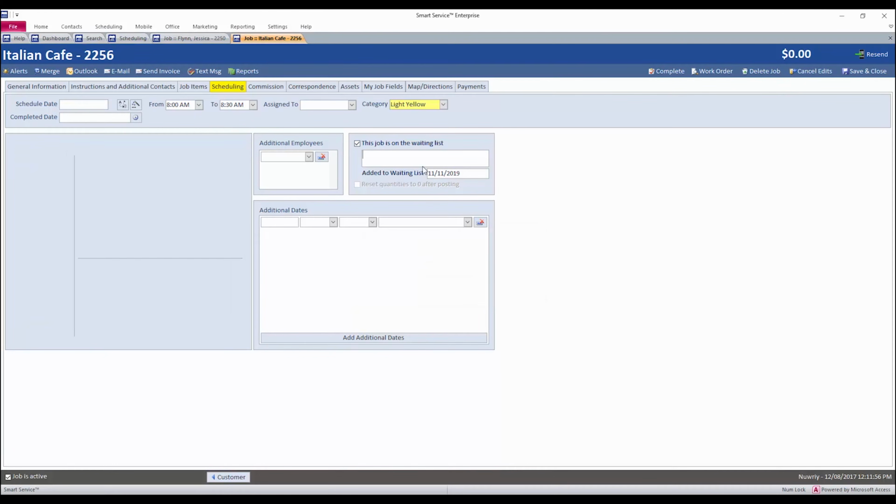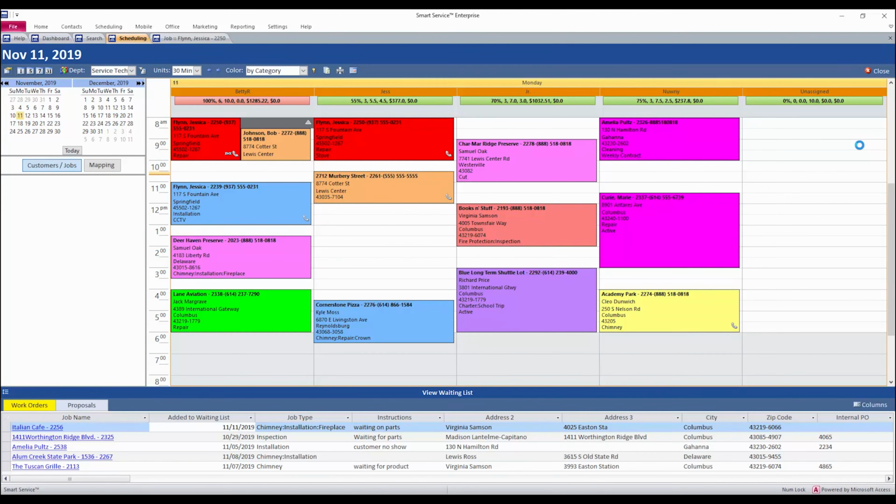But you'll notice not only do we have our added to waiting list and the reason for why, so let's say waiting on parts, but we also have an added to waiting list audit for today when I added that job. This way, if I save this and go back to the waiting list, we can not only see that this job has been added to the waiting list, but we can see when we added it to the waiting